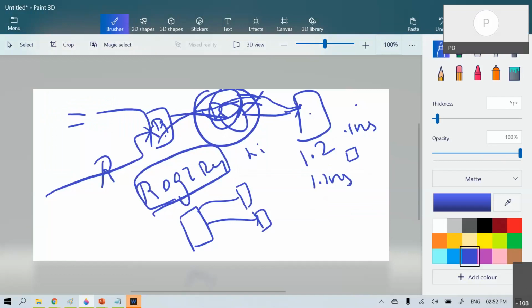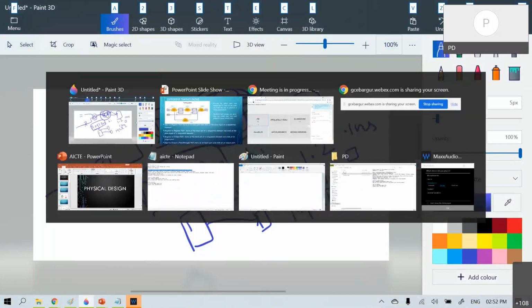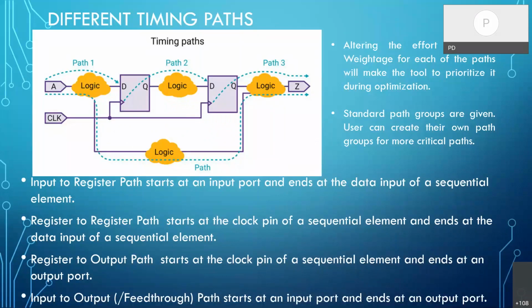You can define your own path group. Okay, the paths from, I'm saying macro to 100, these M2 register paths, and I'm giving high priority to that, and weightage also I'm giving. So based on that, the tool will work on these paths first, and it will help in timing.